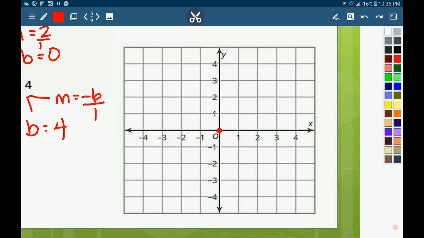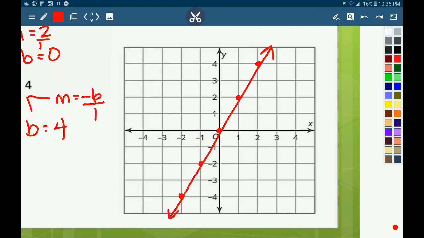Then I need to rise 2, run 1. And I'm going to actually continue this pattern just so that my line is straight. If you use a ruler, then that will ensure that your line is straight. It's actually really imperative that you draw a straight line, or at least you give yourself many points in this,